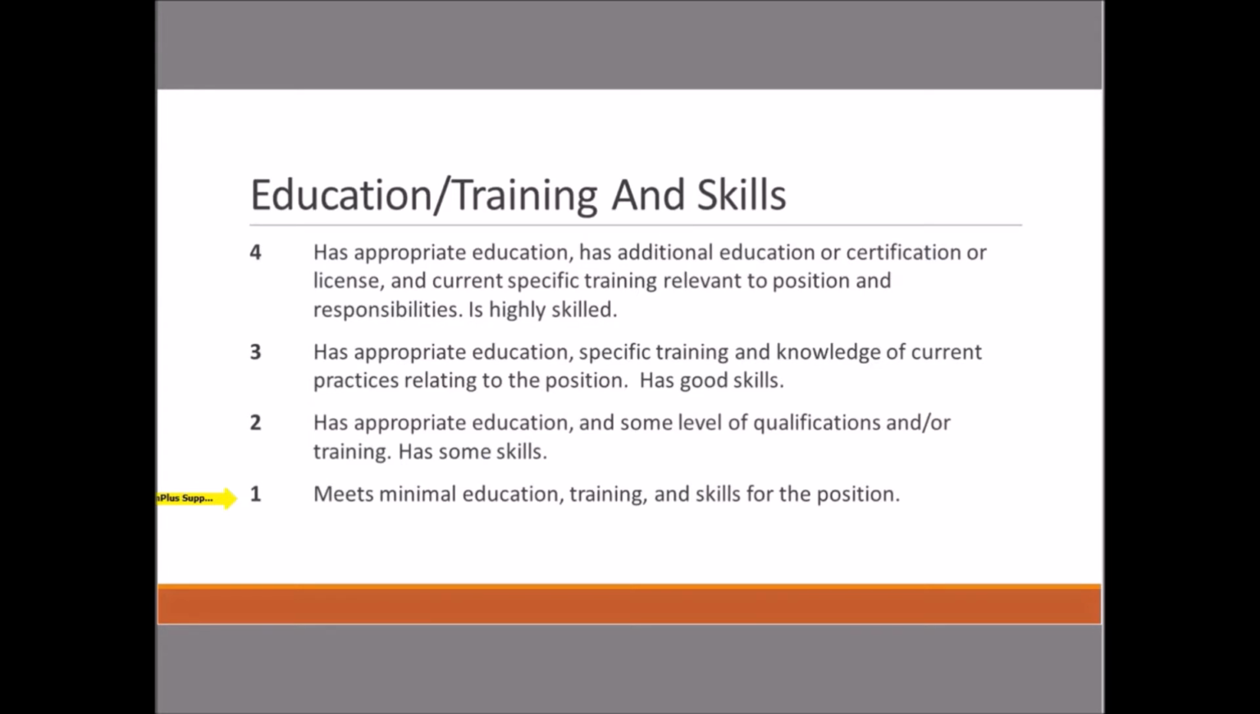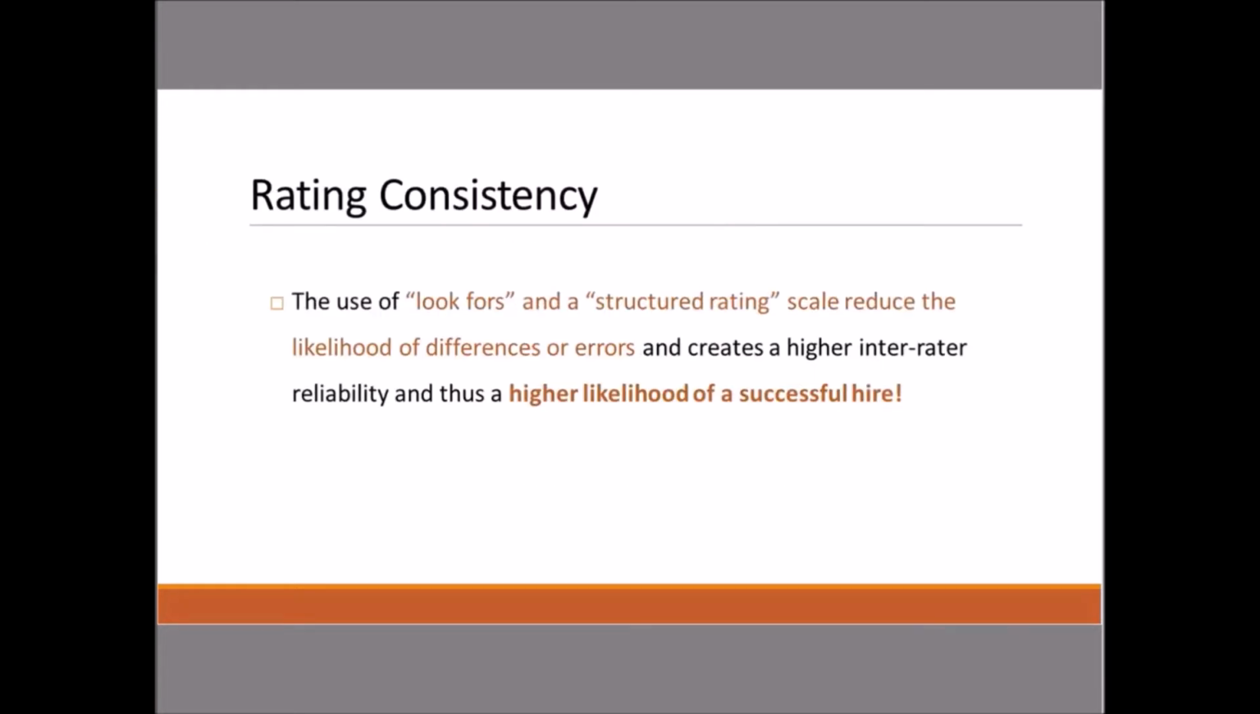If you take the time when you're setting up your screens to also set up some type of roadmap for your screeners, it's going to lead to what we like to call rating consistency. By using look-fors or a structured rating scale, it's going to reduce the likelihood of differences or errors between screeners. If you had 3 people screen the same person and they have that same rubric, they're going to get pretty similar scores. And when you find that you have higher inter-rater reliability, now that's a tongue twister,